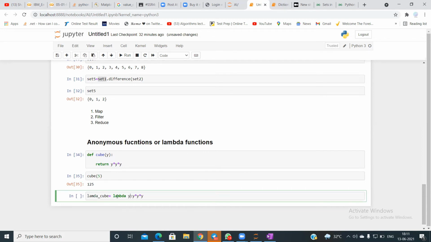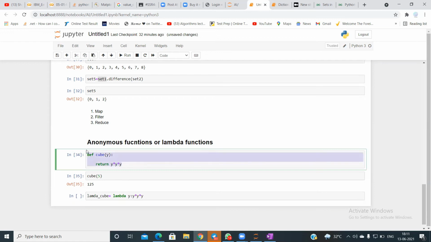Because yes, def cube return and this lambda. This is like you created a function on your own.